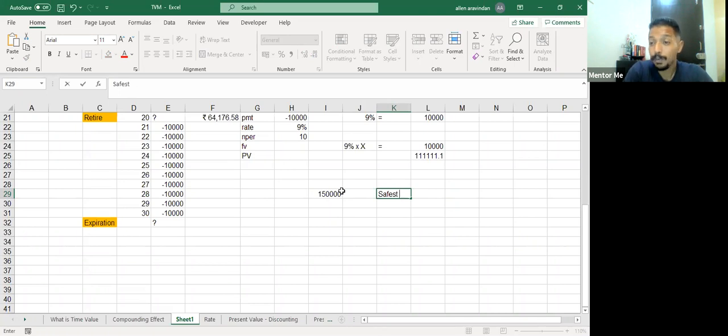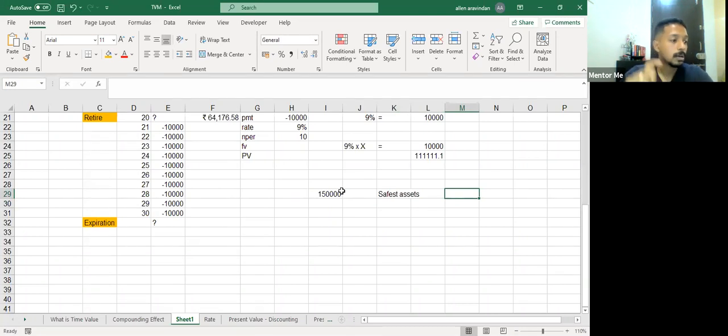That's how foundations and trusts work, right? So safest assets is what we'll take. Now, what are the safest? Not safest in that sense, but safest from the perspective of volatility, because post retirement we cannot take the risk of equity markets fluctuating. If we rely on that 9% on equity markets, there is a good chance that one year the returns might not come, because the markets can go up and down. So generally there will be a bond portfolio there. Not FD, it will be a bond portfolio.